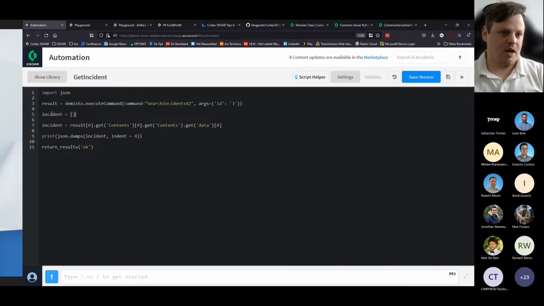So what we do here is, okay, we create the incident variable. We get the first element of the list, then we get the content key of that dictionary. The content key is also a list, so we get the first value of that list. So if we execute this,